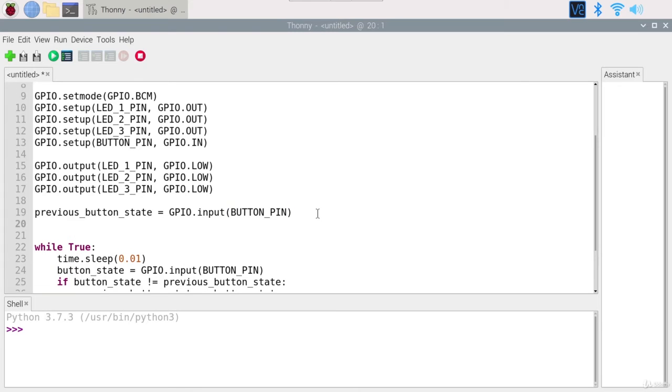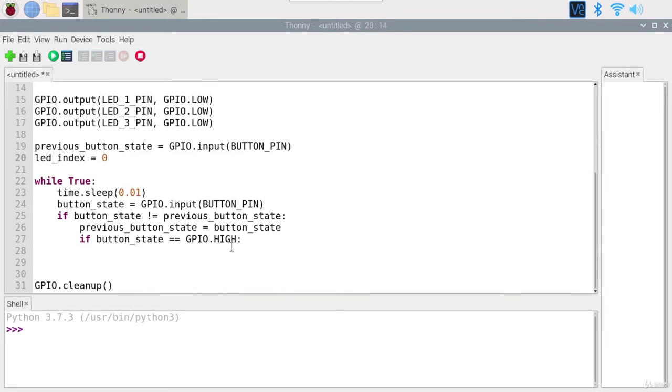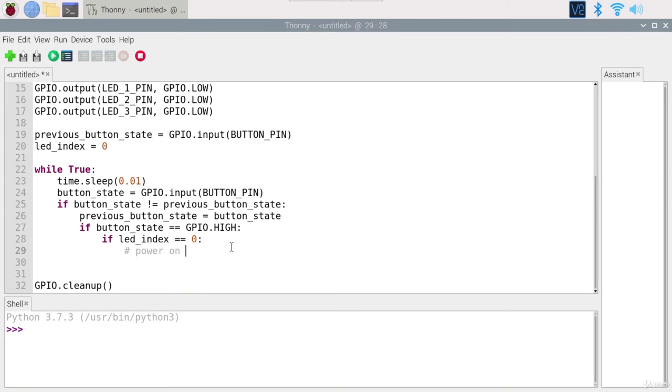What I'm going to do is add here LED index, let's put it to 0, and we are going to say that if the LED index is 0, then we are going to power on LED 1, I'm just putting some comments now,